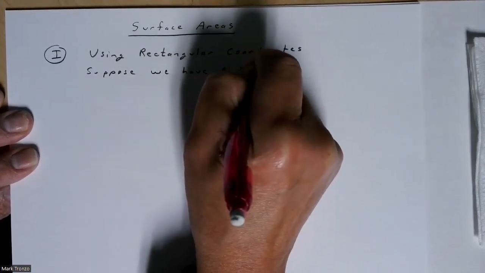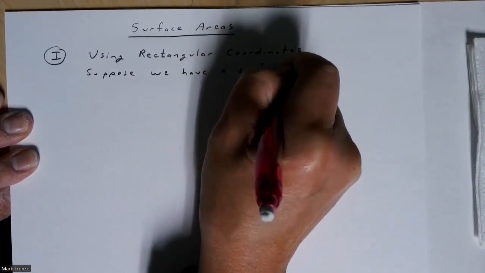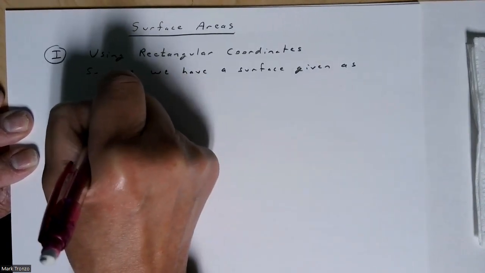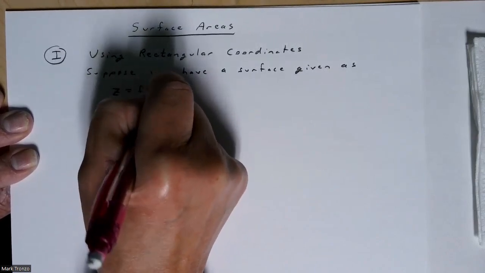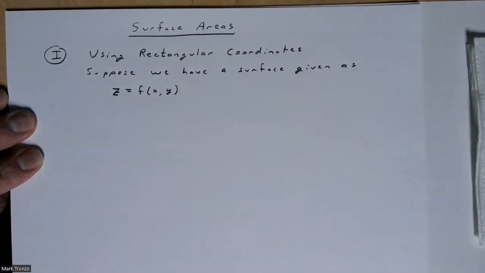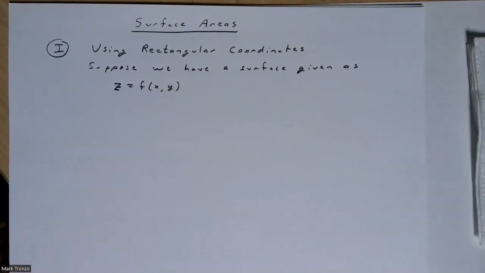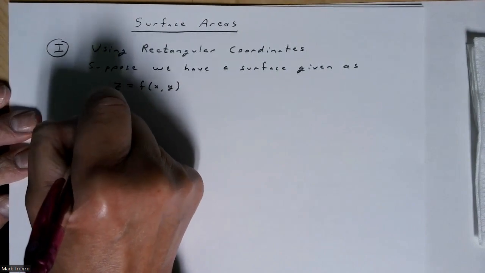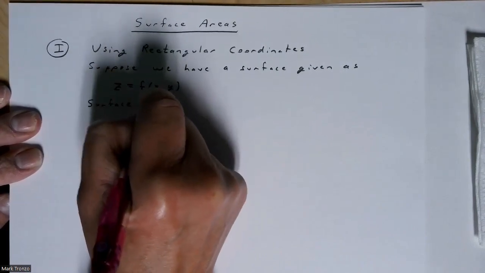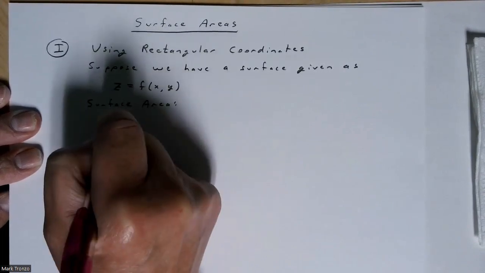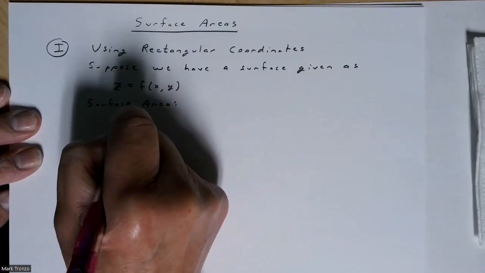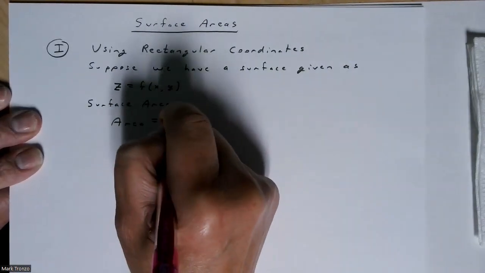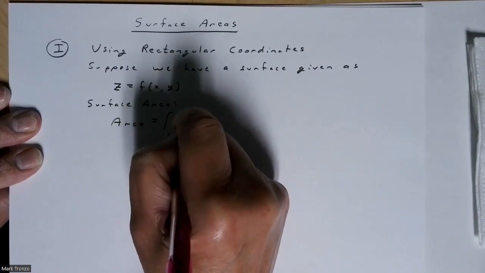we have a surface given as, say, z is a function of x and y. So suppose we have a surface given in this way. Then the surface area is given by, you can call it A or area. Some books call it A with the S in parentheses, is going to be the double integral over the domain